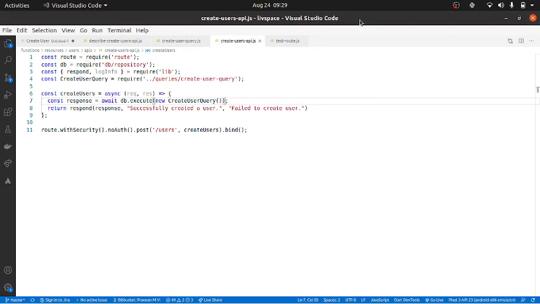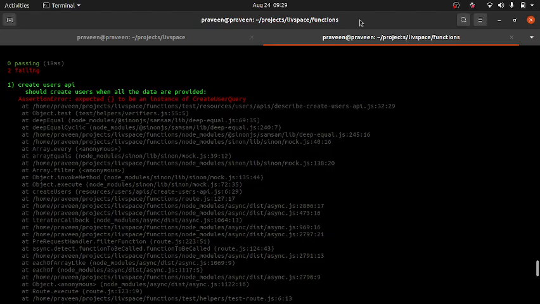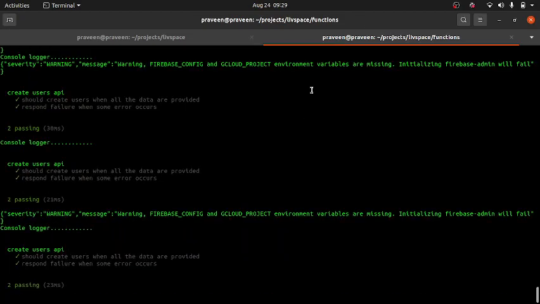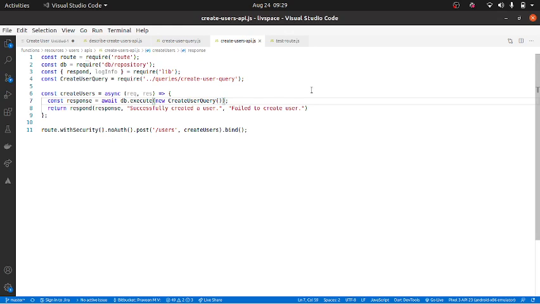Okay, and let me go and do this. This is taken care of. So let us see, our test case should have passed right now. Okay, both the test cases passed. Now if you look at it, we are getting some resemblance of the implementation.